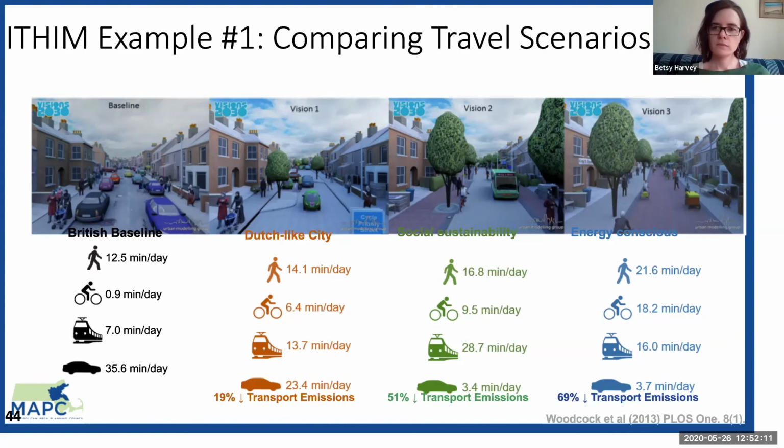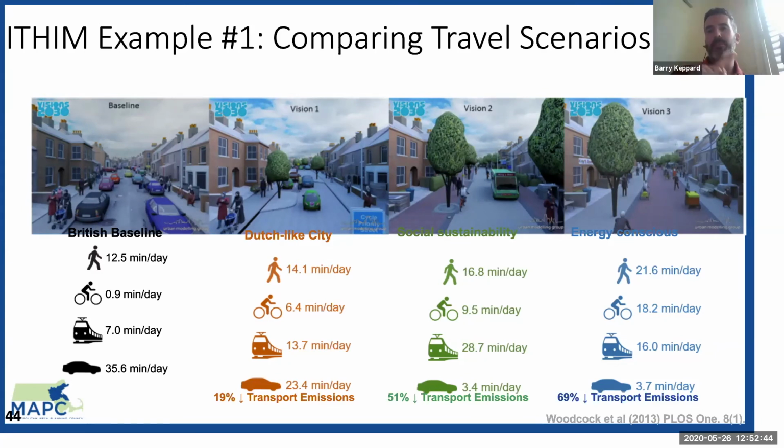So I'll just say that's a really great observation, and I can totally sympathize, being from MAPC. I completely agree with those arguments. Two things can sometimes be helpful in that regard. While we're talking about ITHIM, going back to the set of models we introduced earlier, the Health Economic Assessment Tool, or HEAT tool, from the World Health Organization, can allow some of those lower-scale analyses. And then the second piece,